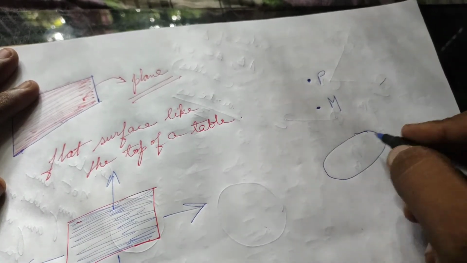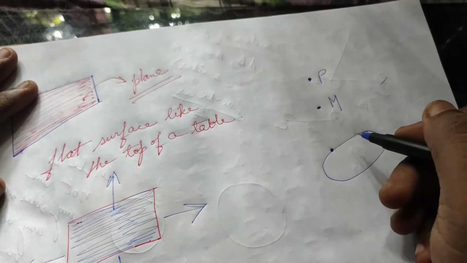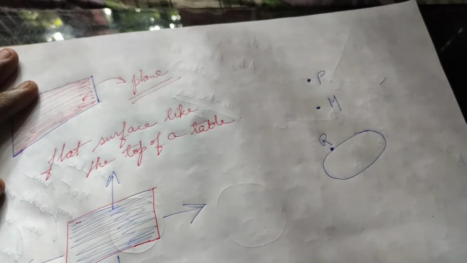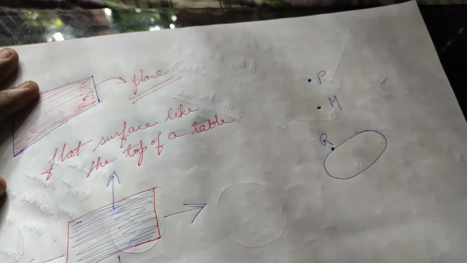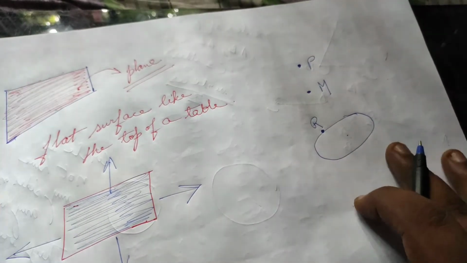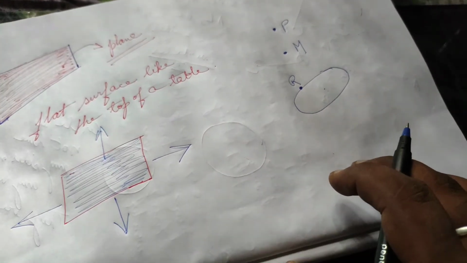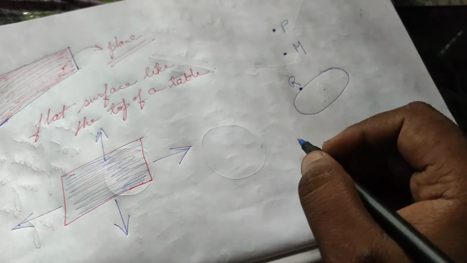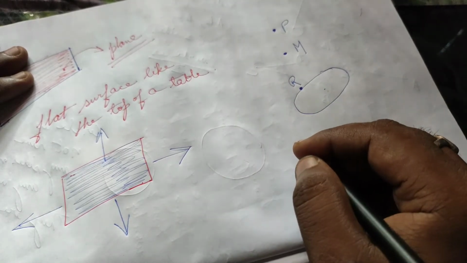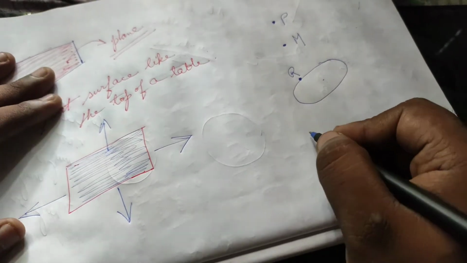This is a diagram, or this is a circle. On the circle, if I point a particular position, I will write it as R. See, I have given just a dot, that is a point, and I have named it R with a capital letter. So I can say that a point is used to represent a particular position in any diagram. Now let's move to the next topic, that is line.